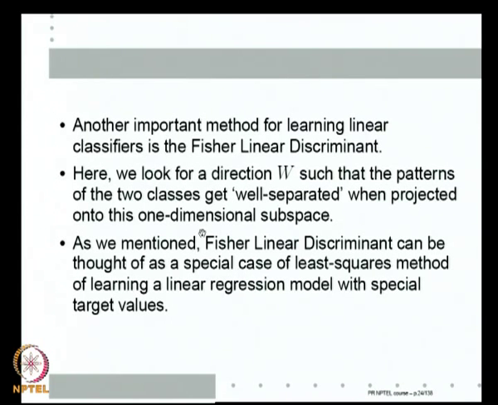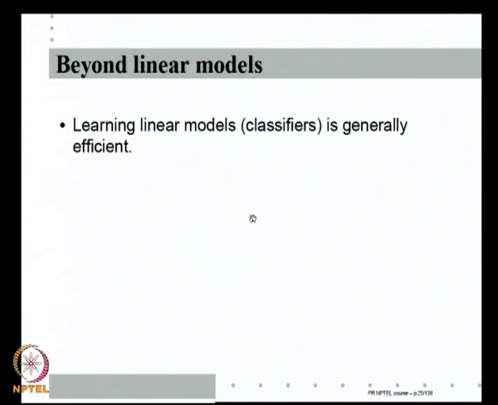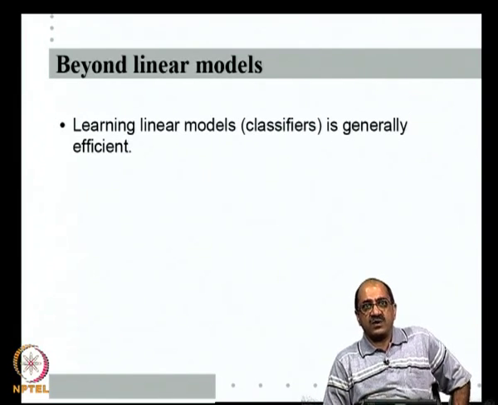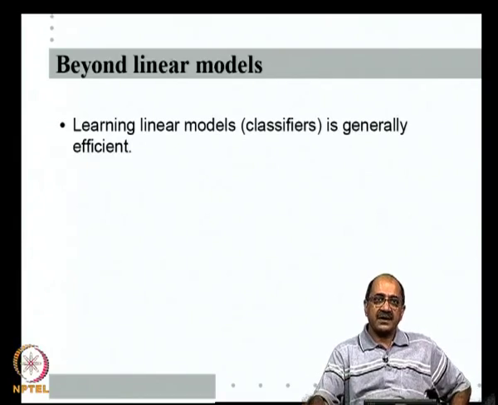So, these are all the set of methods that we have at our disposal for learning linear models. Many of them are very efficient, any of them are reasonably good, and depending on the problem, depending on what you want to learn, we can use any of them. But the problem is all of them learn only linear models, because learning linear models is generally efficient. These are all nice algorithms. For example, linear least squares has a nice closed form expression, it just involves one generalized inverse of a matrix.